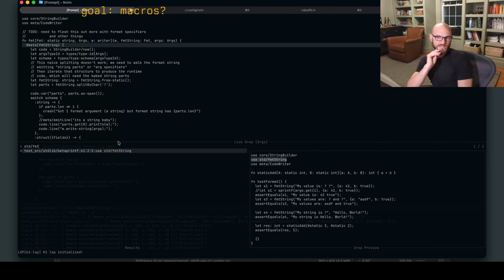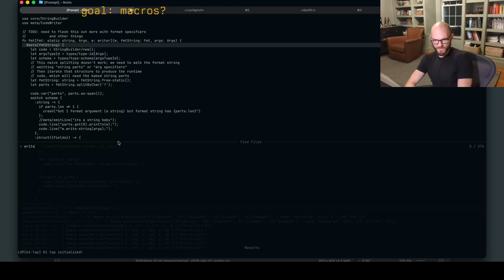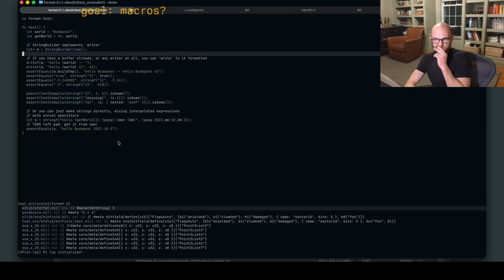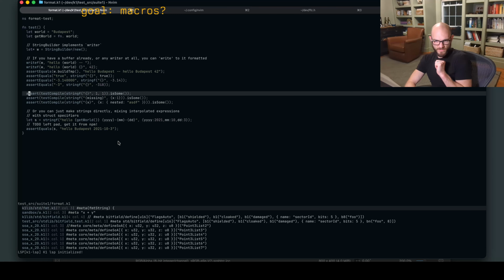I guess it's a good test of meta programming, but it needs to move out of standard now because I have format. Right, we have built-in format with a rightf currently and stringf.